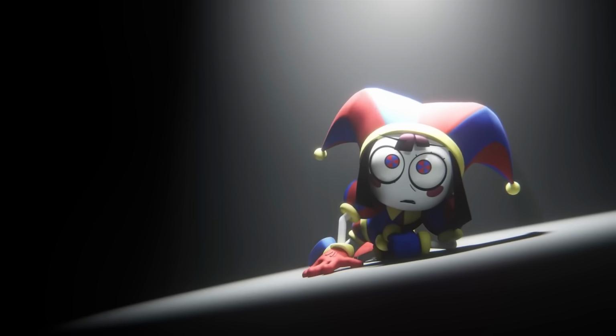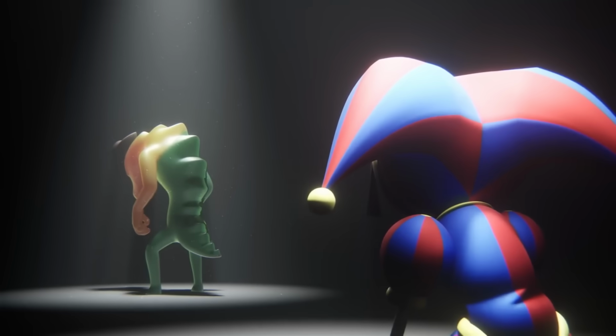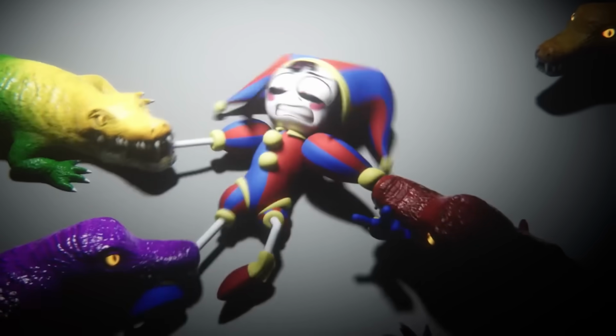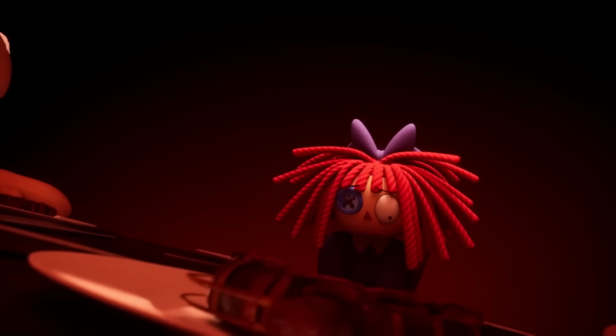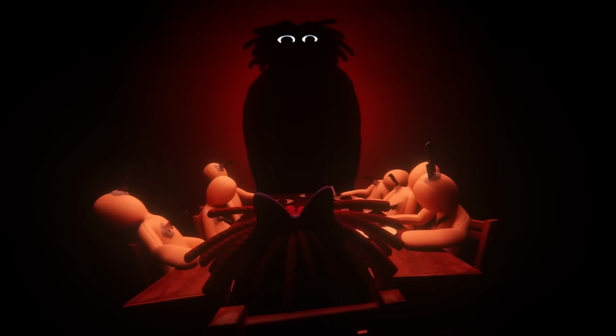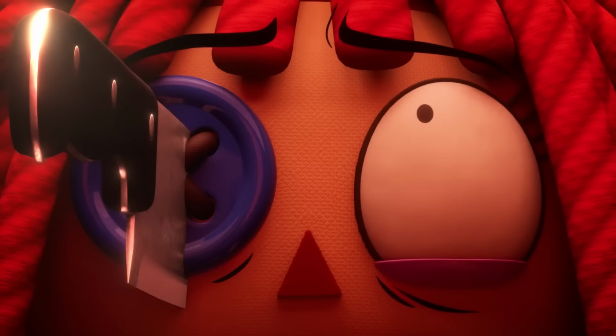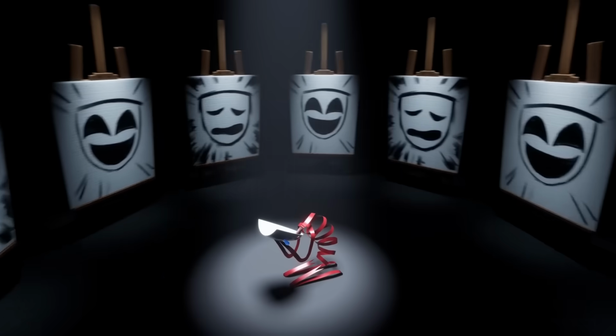literally and metaphorically, as he then uses everyone's previous traumatizing memories against them, such as attempting to kill Pomni using a bunch of gummy goos, attempting to kill Ragatha by using herself, indicating even more so just how much she actually hates herself, as well as Gangle just being surrounded by a bunch of his masks, making him question what the